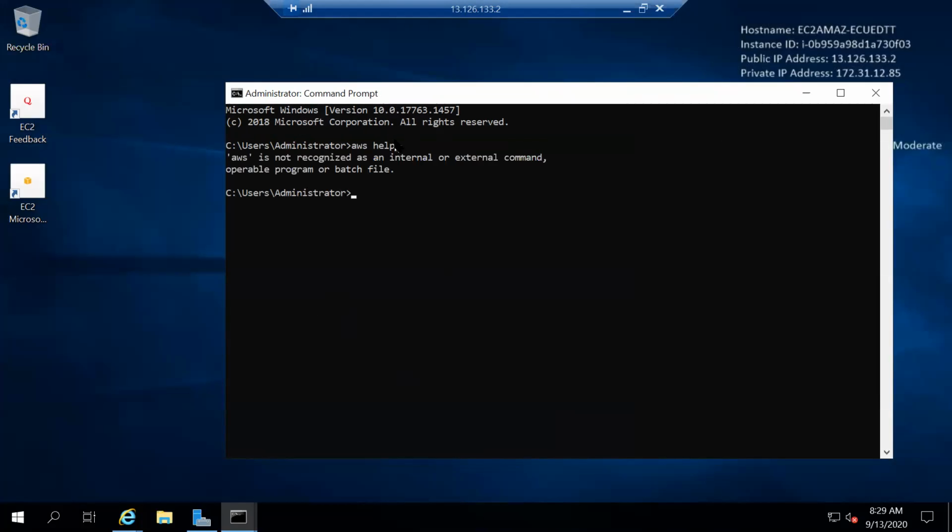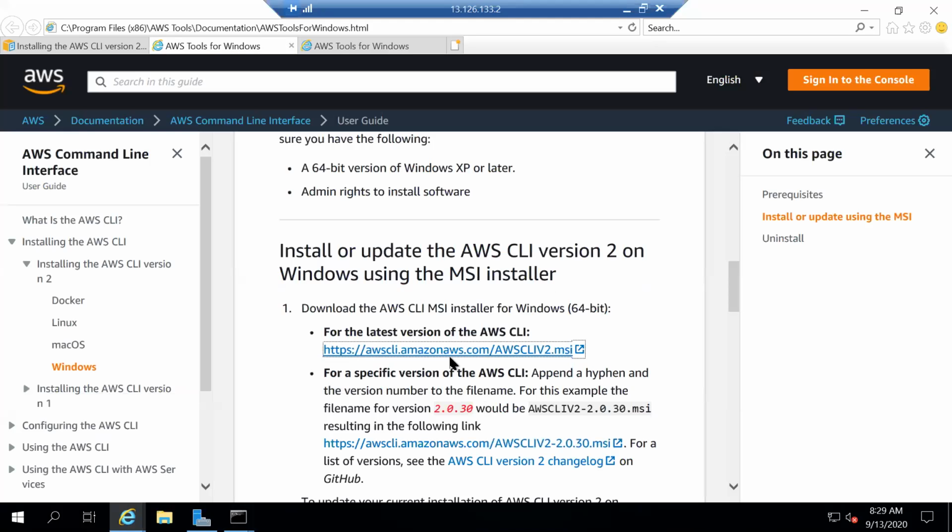Okay, it's not installed properly. Where did you download it? Just show me where it is downloaded. Is this browser on EC2 only? Yeah, it is on EC2. So where did you download the package? I ran it, but I don't know where it has gone. Where do I check it?